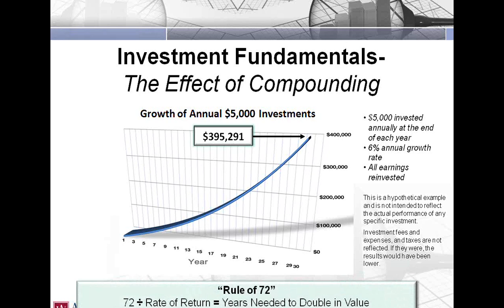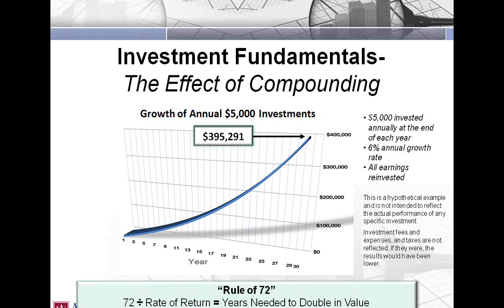The rule of 72 is a quick way to help you estimate how long it will take for an investment to double in value through compounding. Divide the number 72 by the rate at which the investment will increase in value. The result is the number of years that it will take for that investment to double. For example, if the expected annual return on investment is 3%, it should take about 24 years for the investment